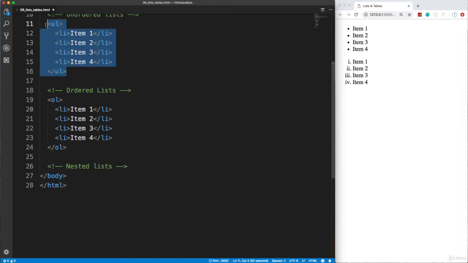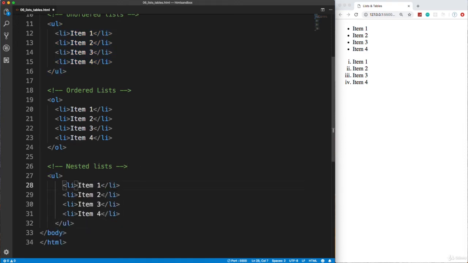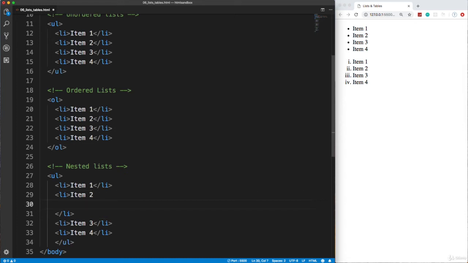So let's actually copy this. I'm going to just press Control C to copy this UL here, and Control V will paste that in. Let's say we want to have a list within a list. So inside this LI, this second one, let's get rid of that. Actually, we'll keep that, but next to it, I'm going to go on a new line, and I'm going to